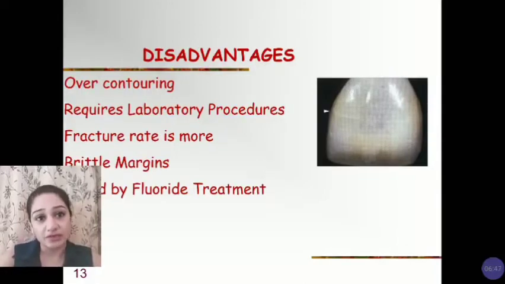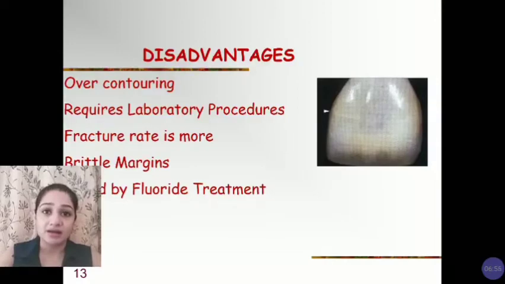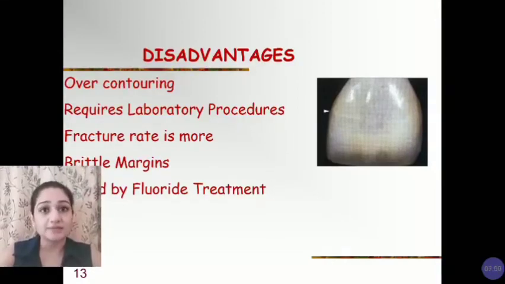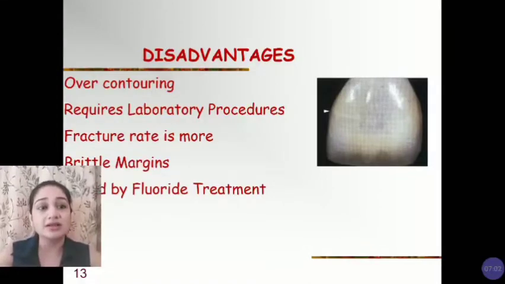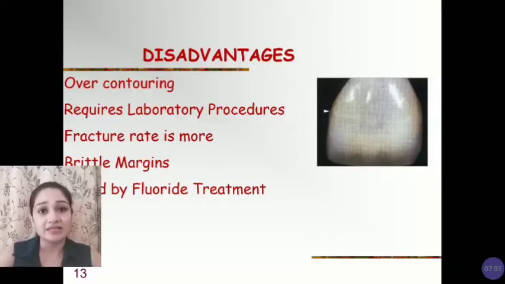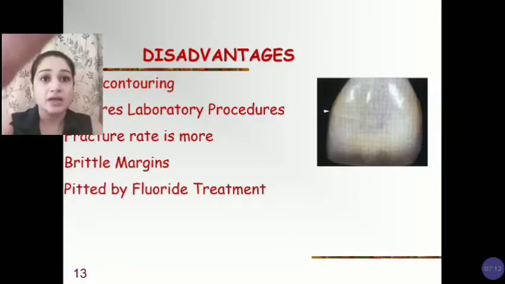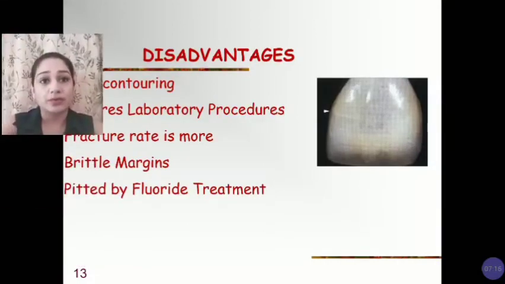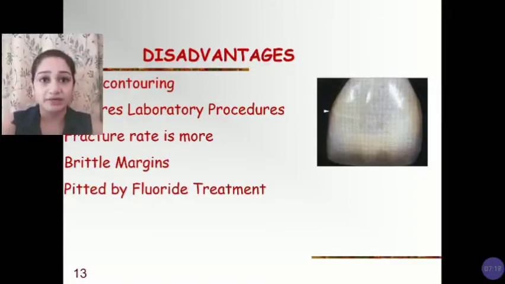It requires meticulous lab procedure. The dental laminate requires meticulous lab procedure, and untrained lab technicians cannot do justice to dental laminates. The fracture rate is more because the thickness of dental laminate is less, and it has brittle margins because the margins are sometimes feather edge, and dental laminates are more commonly affected by any fluoride treatment which the patient takes